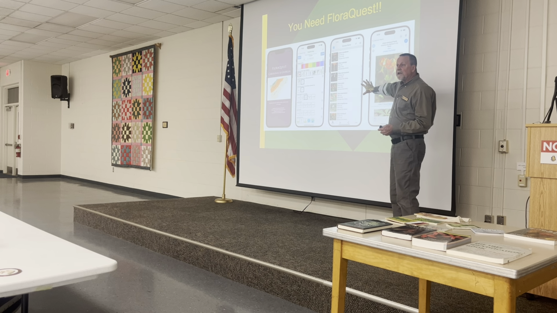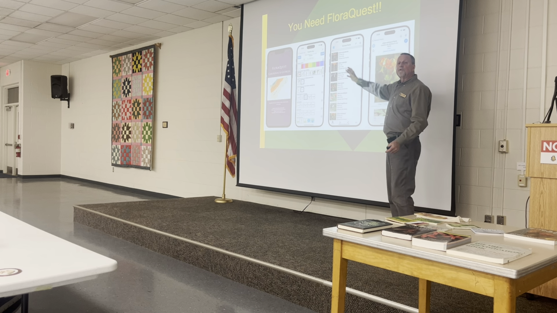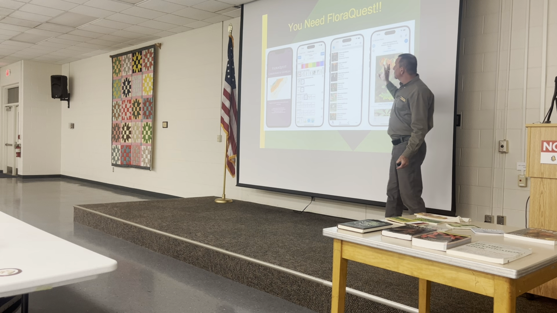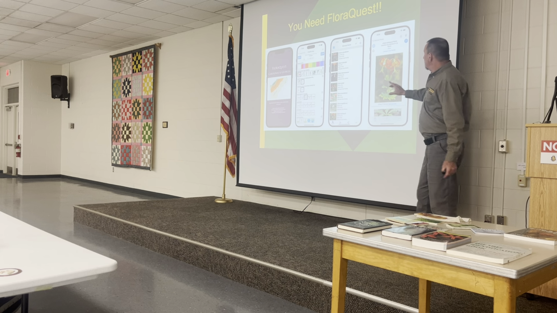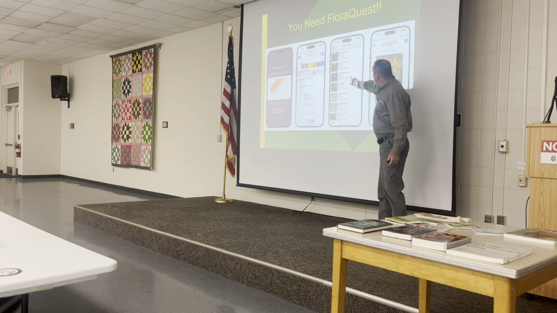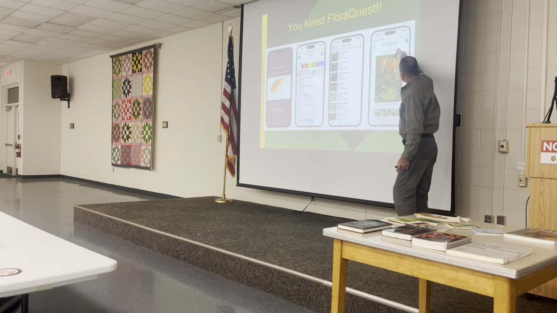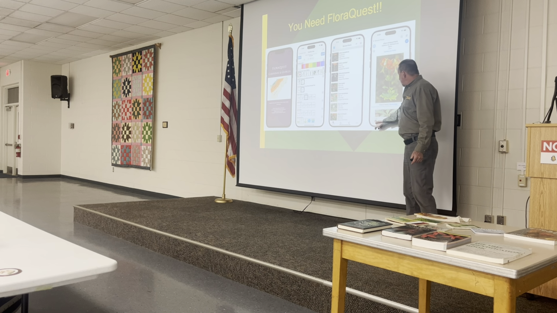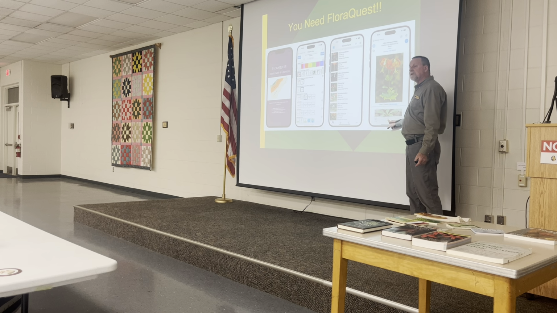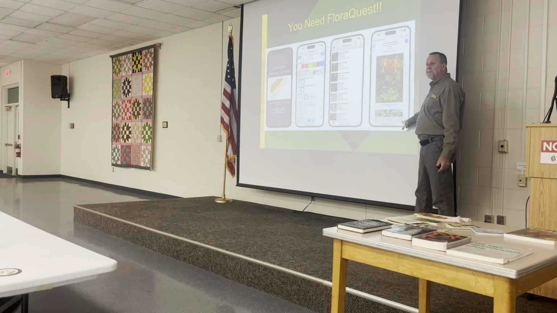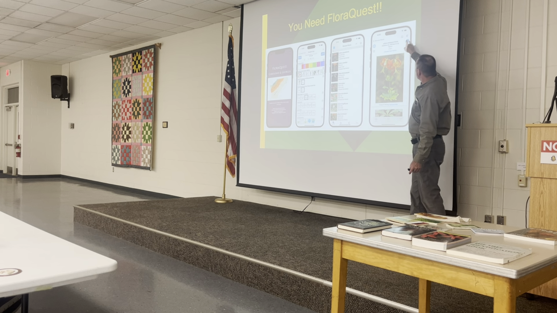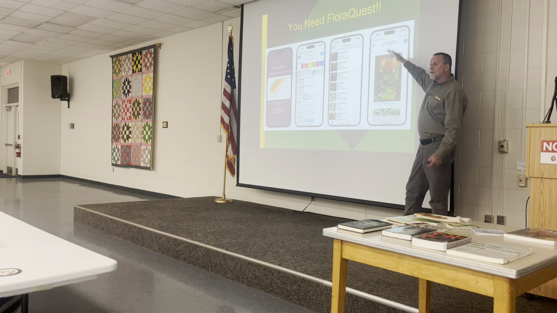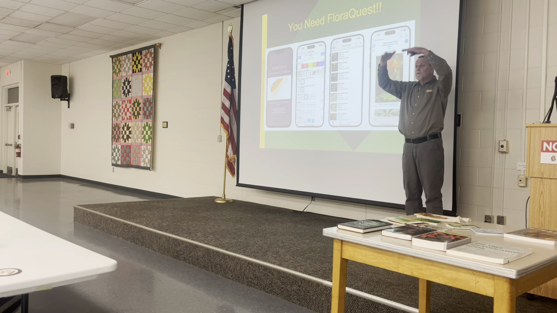So whatever app you're using, you want to use FloraQuest to confirm that that app is correct. Because once you click on the page, you get to this identification page, and now you've got photos, you've got description information, and you've got range maps. Depending on where you click, like if you clicked on range maps, you could still go through these up and down arrow keys and see what things are in your area where you're standing.